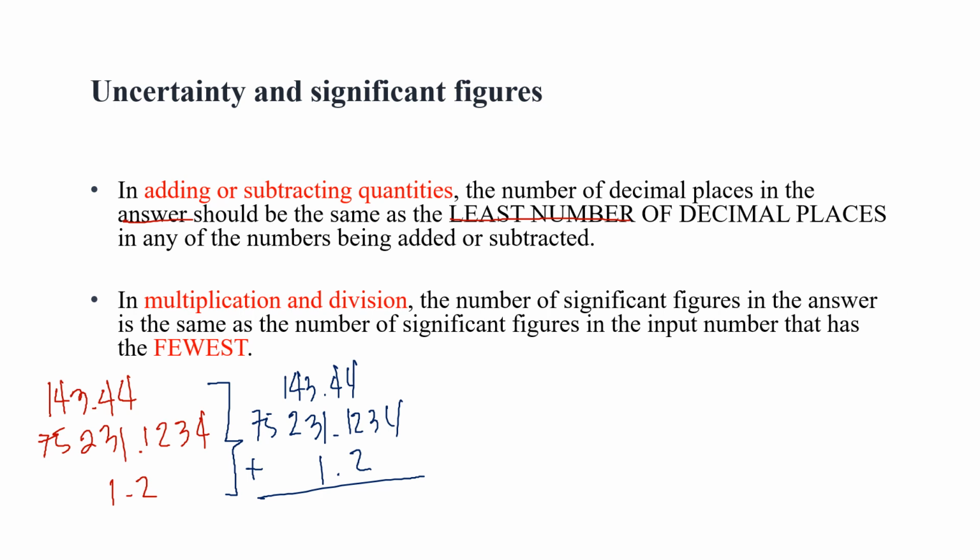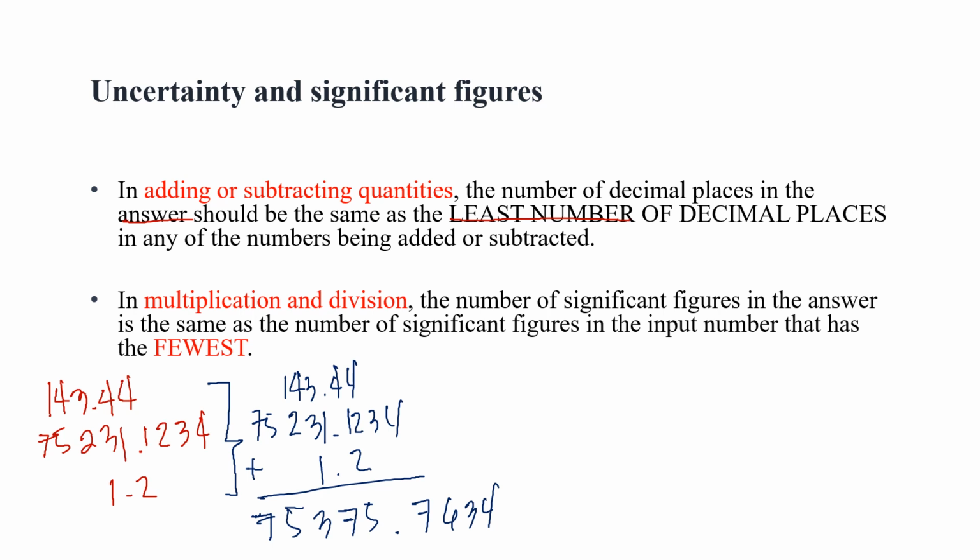If you add that in your calculator, you will actually get a total of 75,375.7634. But again, our rule states that the number of decimal places in the answer should be the same as